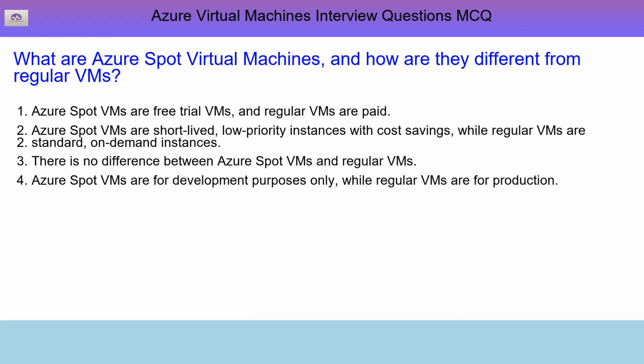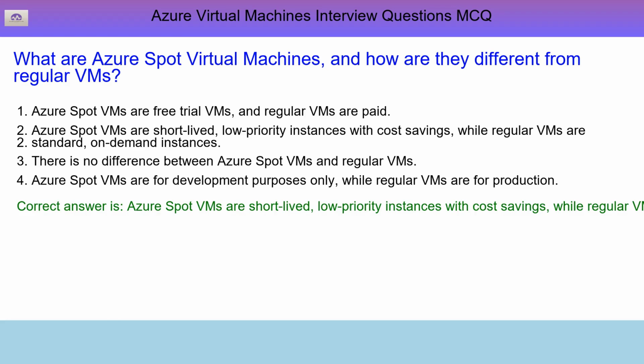There is no difference between Azure Spot VMs and regular VMs. 4. Azure Spot VMs are for development purposes only, while regular VMs are for production. The correct answer is Azure Spot VMs are short-lived, low-priority instances with cost savings, while regular VMs are standard, on-demand